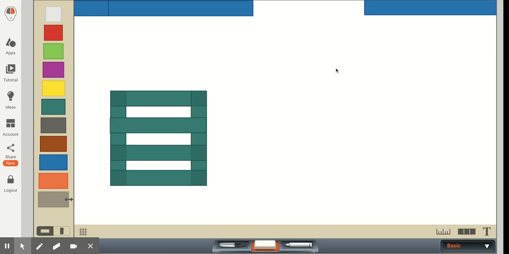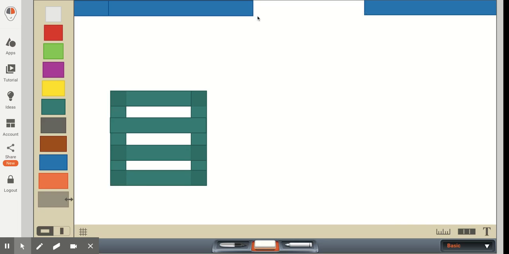And what we can do is we could use a string as our third object. So we'd want our first graders to be able to measure the length of the bookcase, and they would start at this one end and stretch that string out straight all the way to the other end. And now they have that length of string, and now they can compare it to this opening in the wall.